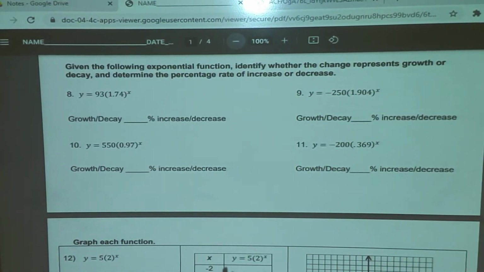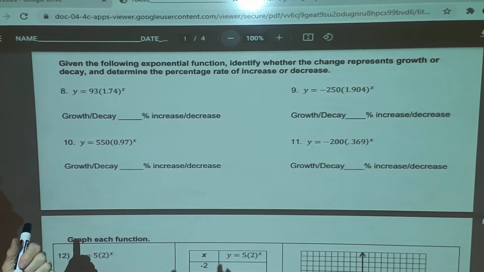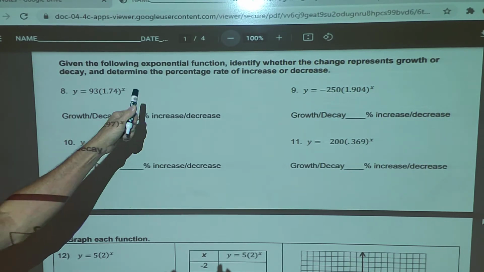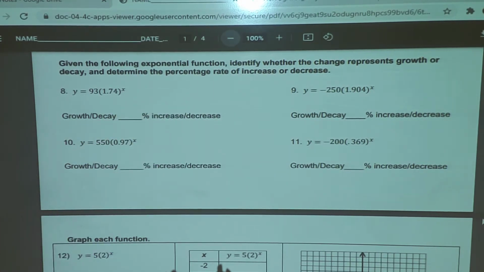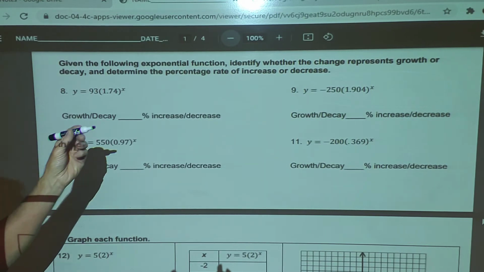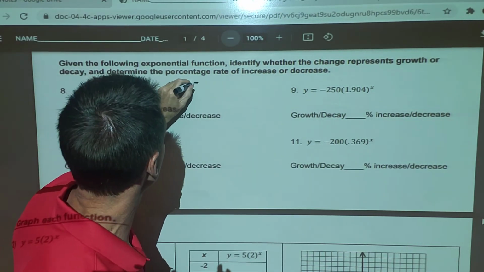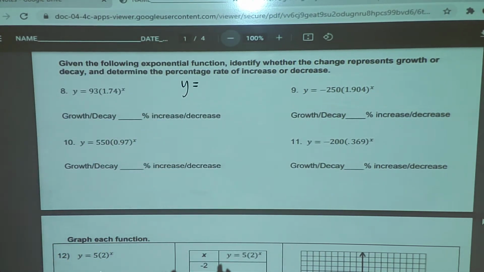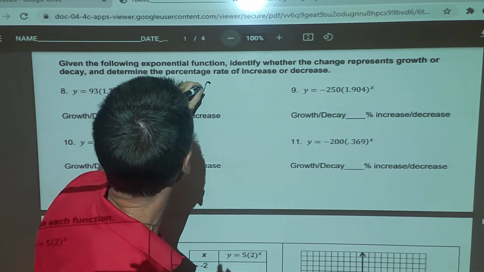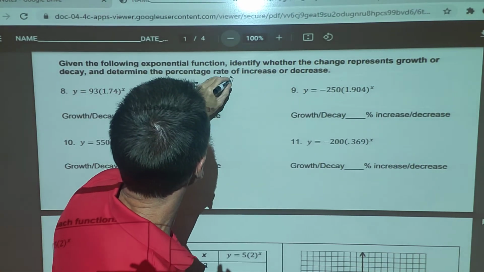Okay, problems 8, 9, 10, 11. We'll do 1 or 2 of these. Given the following exponential function, identify whether the change represents growth or decay, and then determine the percentage rate of increase or decrease. Okay, so if you remember our equation for exponentials, it would be y equals a times b